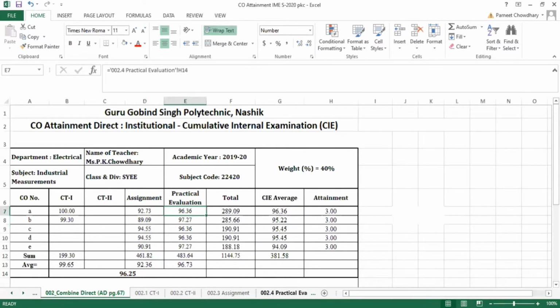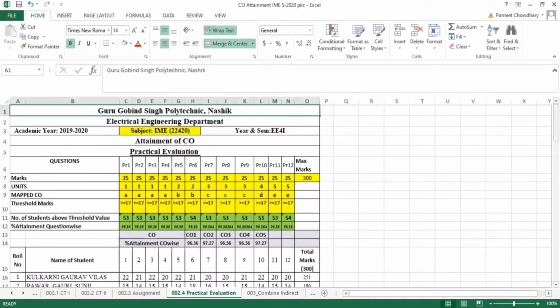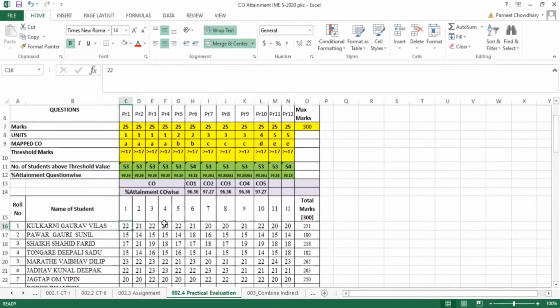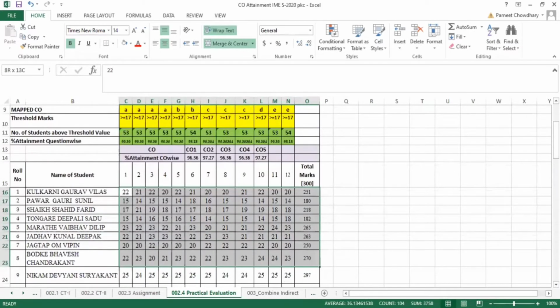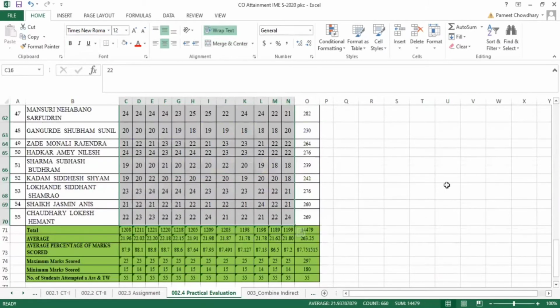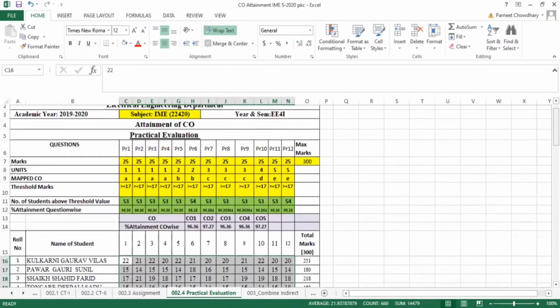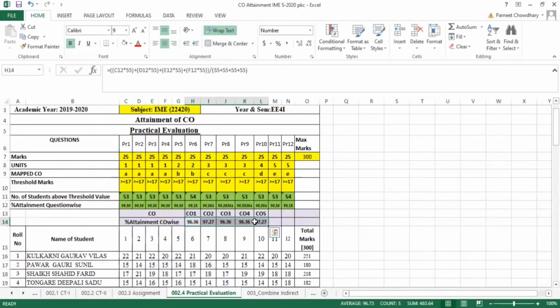After this, the practical evaluation, which is the D3 format term work marks, you just have to paste your D3 over here and automatically these values will get calculated for CO because I have put the formula for the same. So you just have to edit the mapped CO here. If you see at the top over here, practical number 1 to practical number 12. So mostly we have 12 practicals. So for 12 practicals, COs are different for every subject.